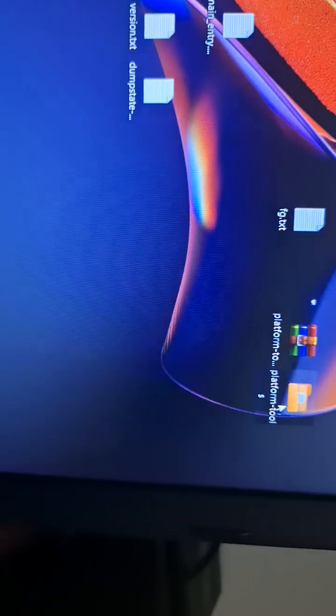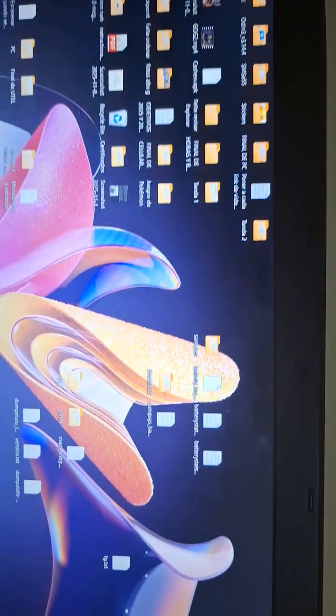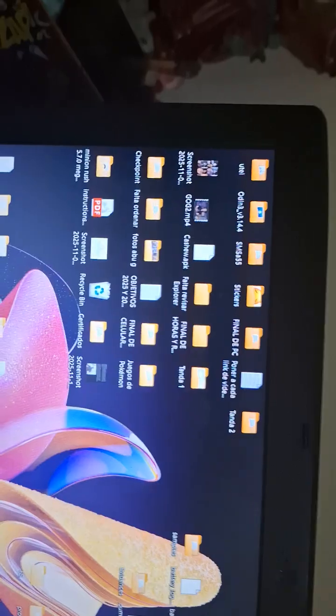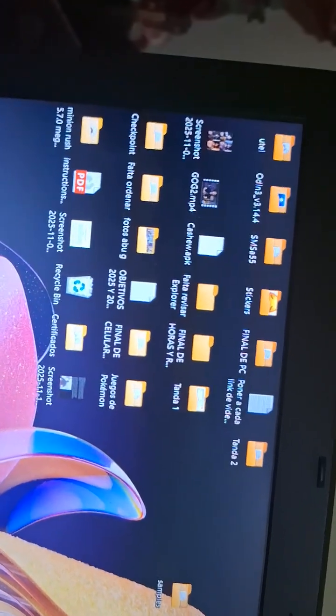Desktop, platform tools, okay. So is this file, platform tools, because as you can see in the desktop, there's no other folder that has exactly that name, platform tools, because in Windows in the same place